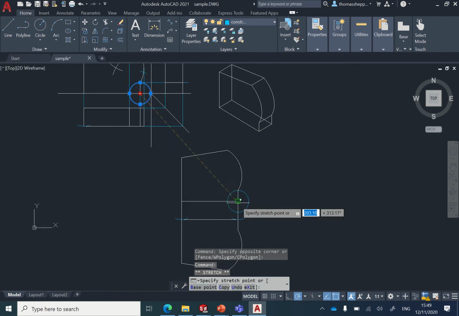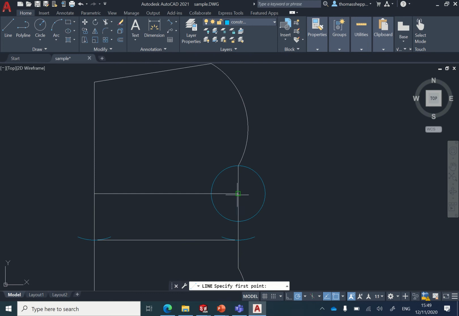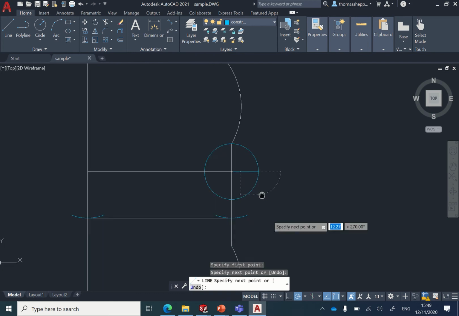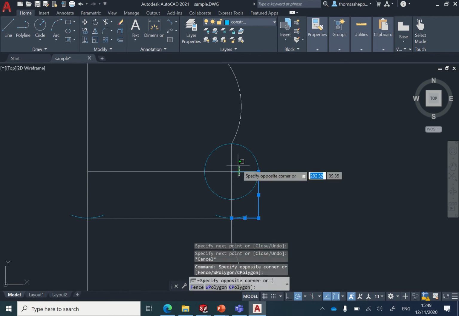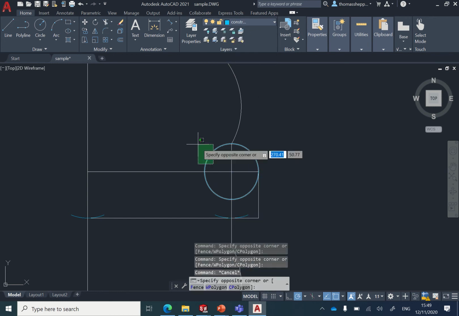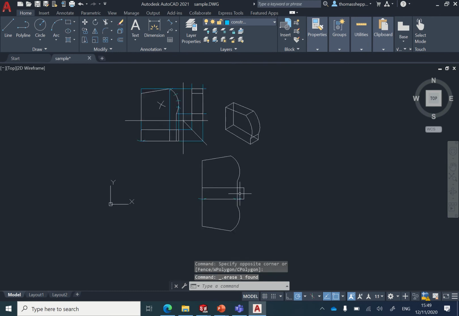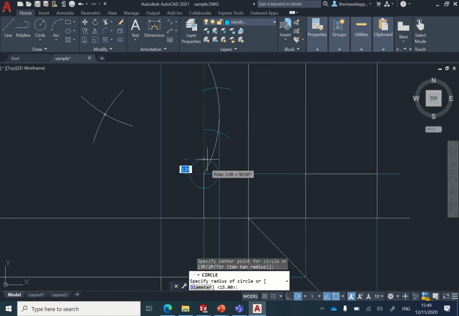We can just pop him there, draw out our line, take him down across. That'll be part of our finished object. So just convert it back. And then I'll be able to go and take each of my increments. So my first one here was 15, so I can just take my 15